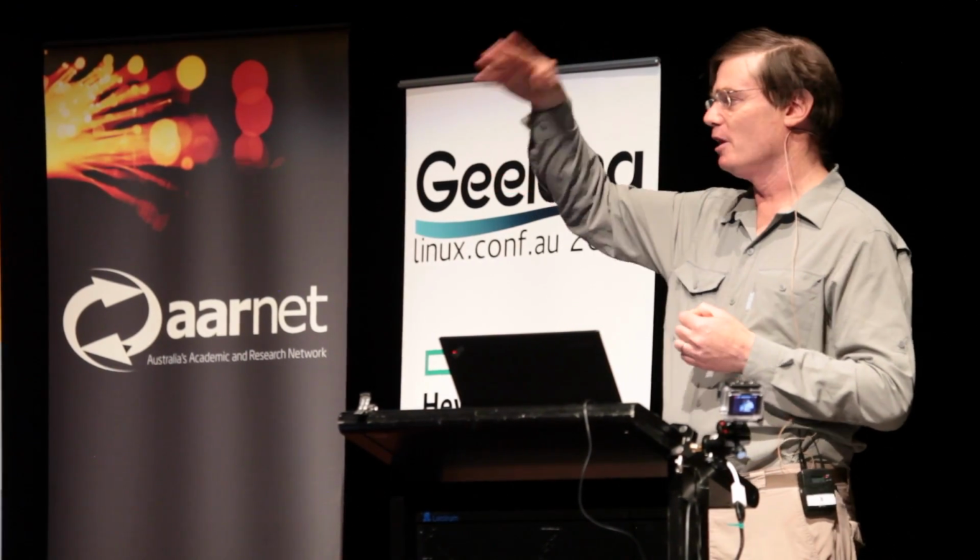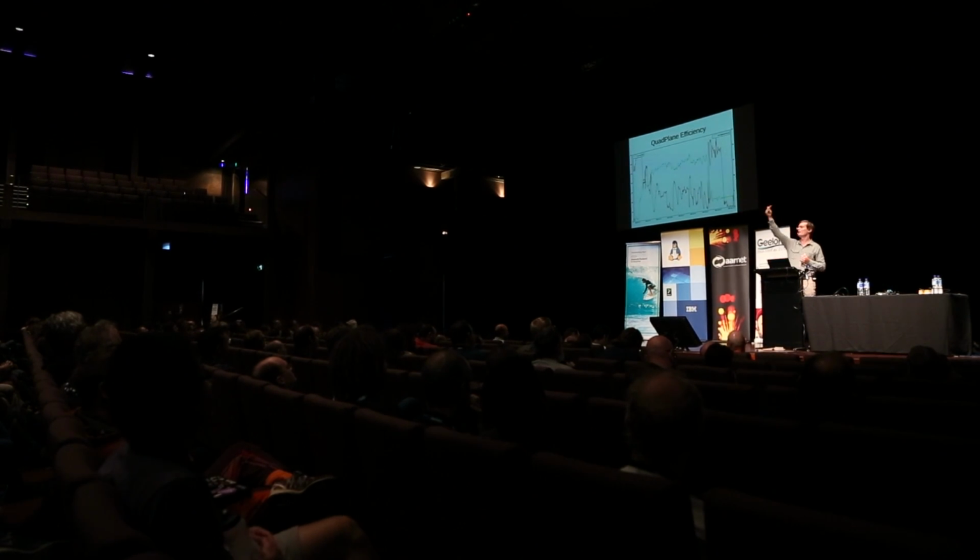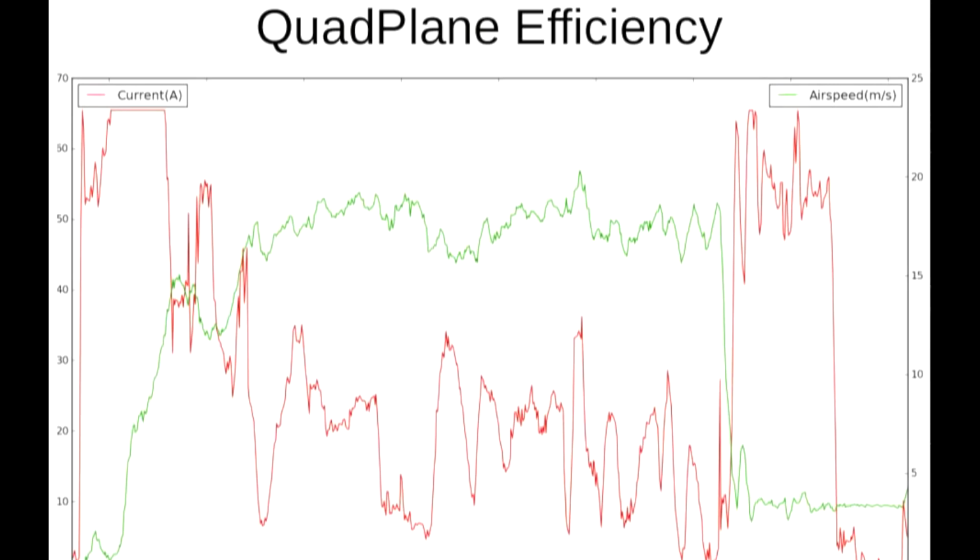So, towards the end of the flight, you can see there where it goes to low speed again, it transitions back to vertical flying, and suddenly the current leaps up, right? But then you need to multiply this graph by an extra multiplier. In forward flight, you can use a petrol engine, right? Because the control speed of petrol engines is low, but you don't need high control speed for the forward motor. And that gives you another like 20 or 30 times of efficiency, typically, as far as energy density is concerned.